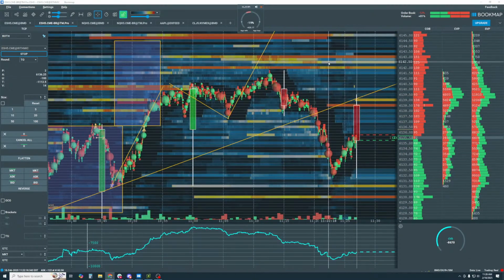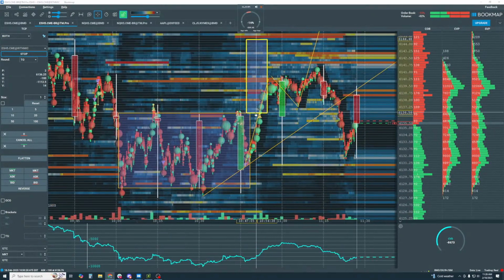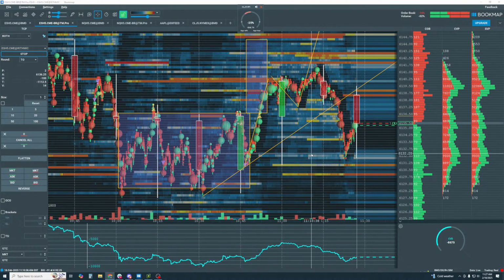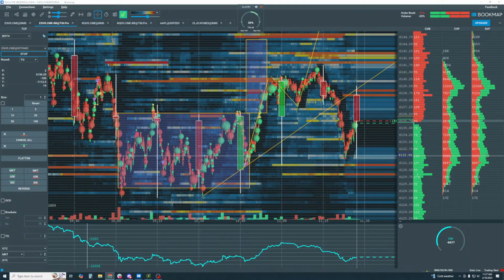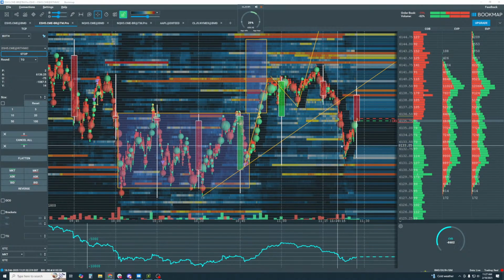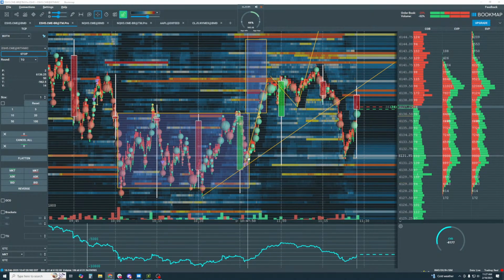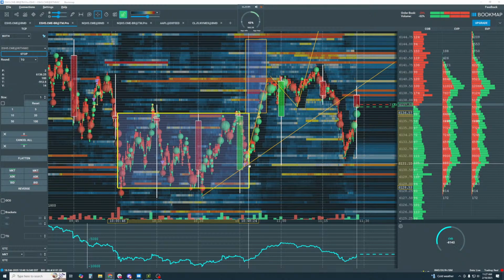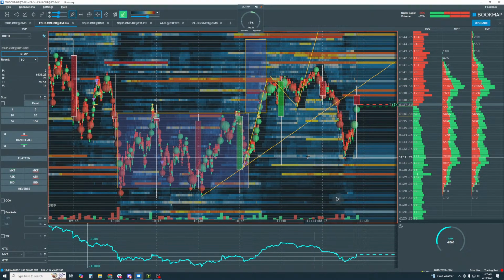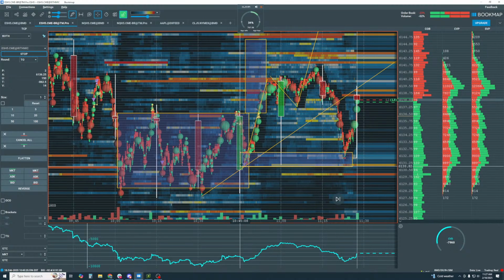All right, guys. Well, pretty back and forth in here. This is our last gasp, your point of control here. That's why we held on to that other one over here. This is really your last gasp. I always feel that this is where the buyers came in, maybe this swing here, but this is it. If buyers do not support it in here, then it's over, and we're looking for continuation to the downside.